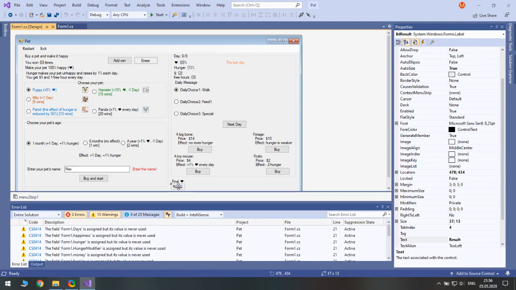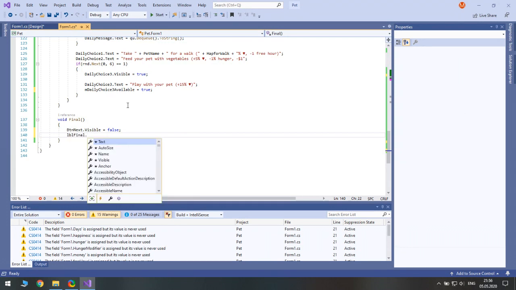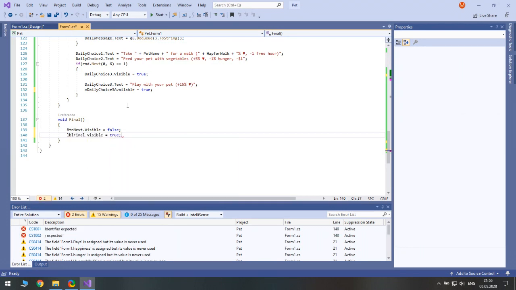And yeah, so button next visible equals to false, label final visible equals to true, label result visible equals to also true.